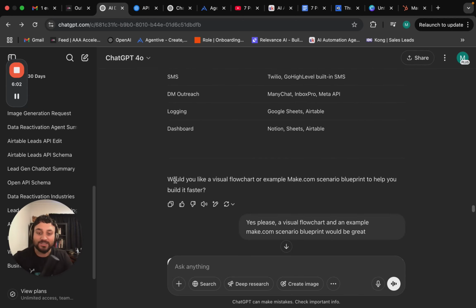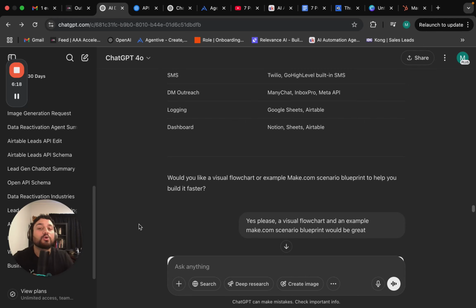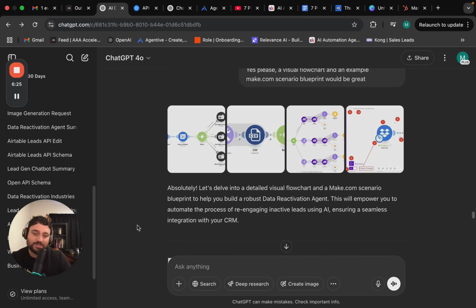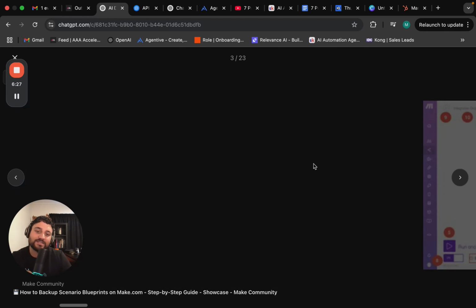And then this last question here: would you like a visual flowchart or example make.com scenario blueprint to help you build it faster? What? Yes, please. A visual flowchart and an example make.com scenario blueprint would be great. In relation to this, it has given a few